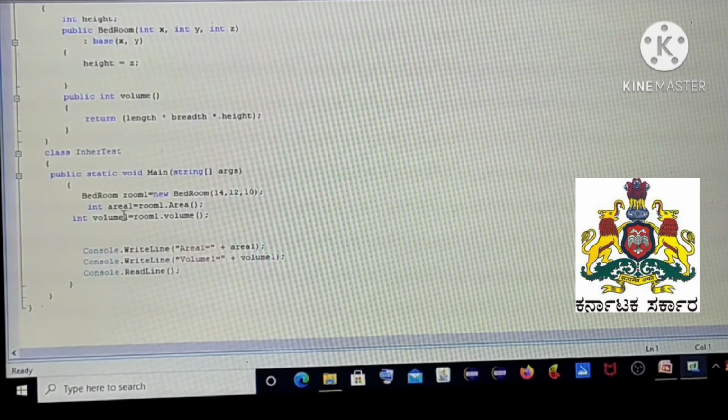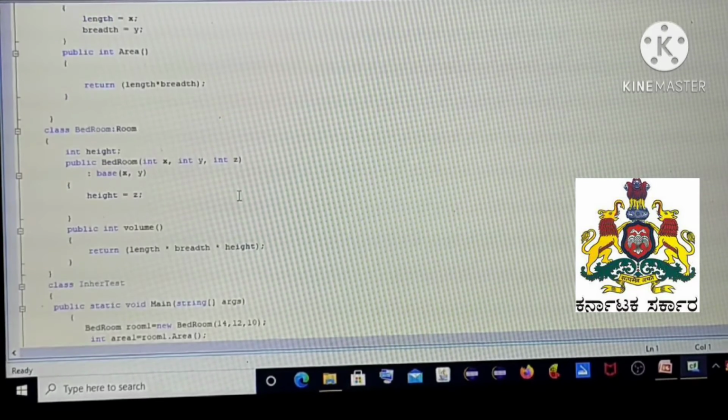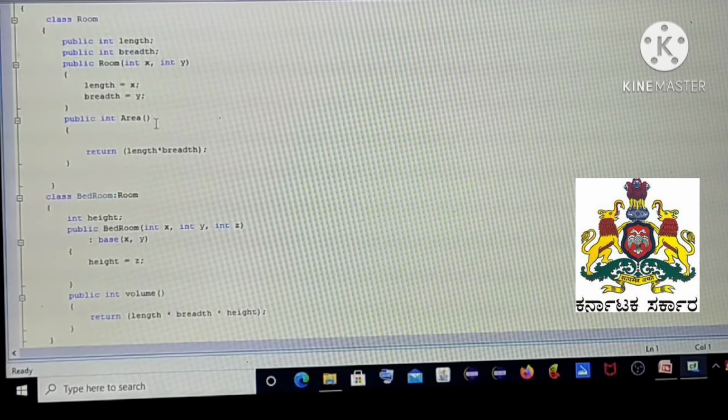And I am declaring a variable here called area 1, room1 dot area. Room1 is an object name which is calling the method area. This is the area method. Since we are calling this method, it will return the result of length into breadth.